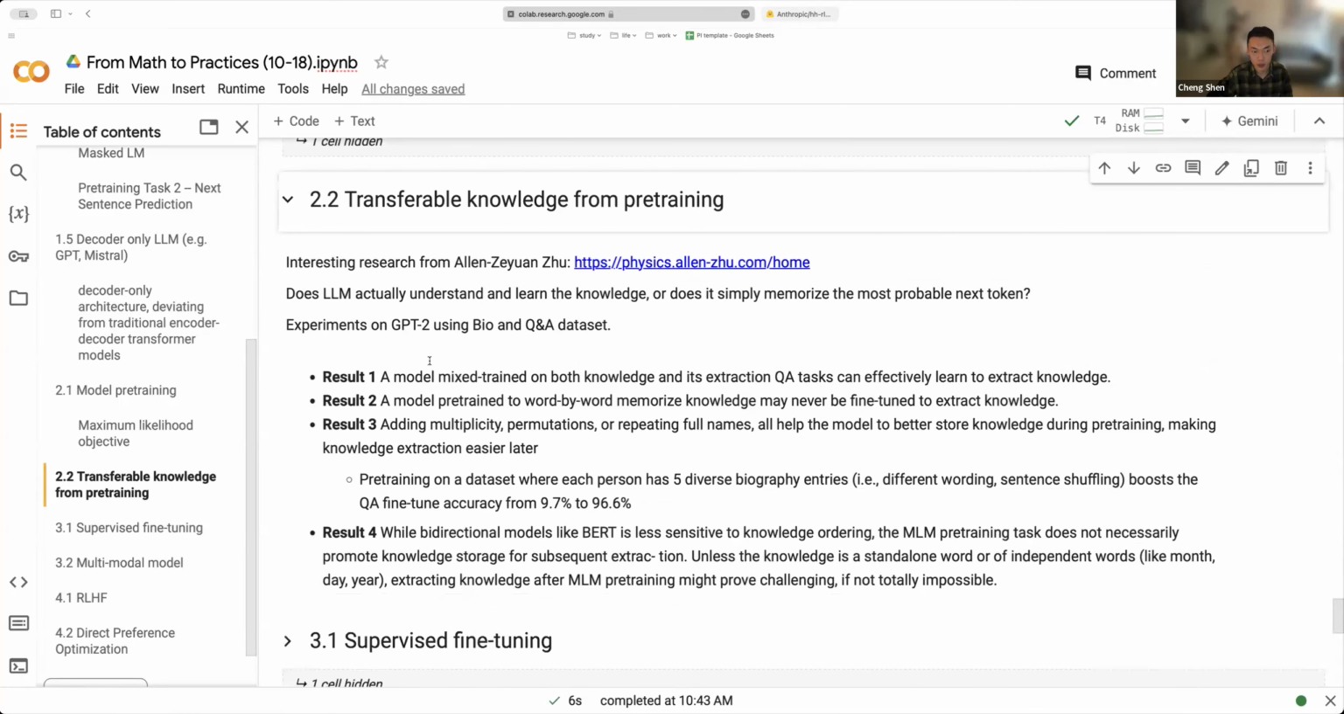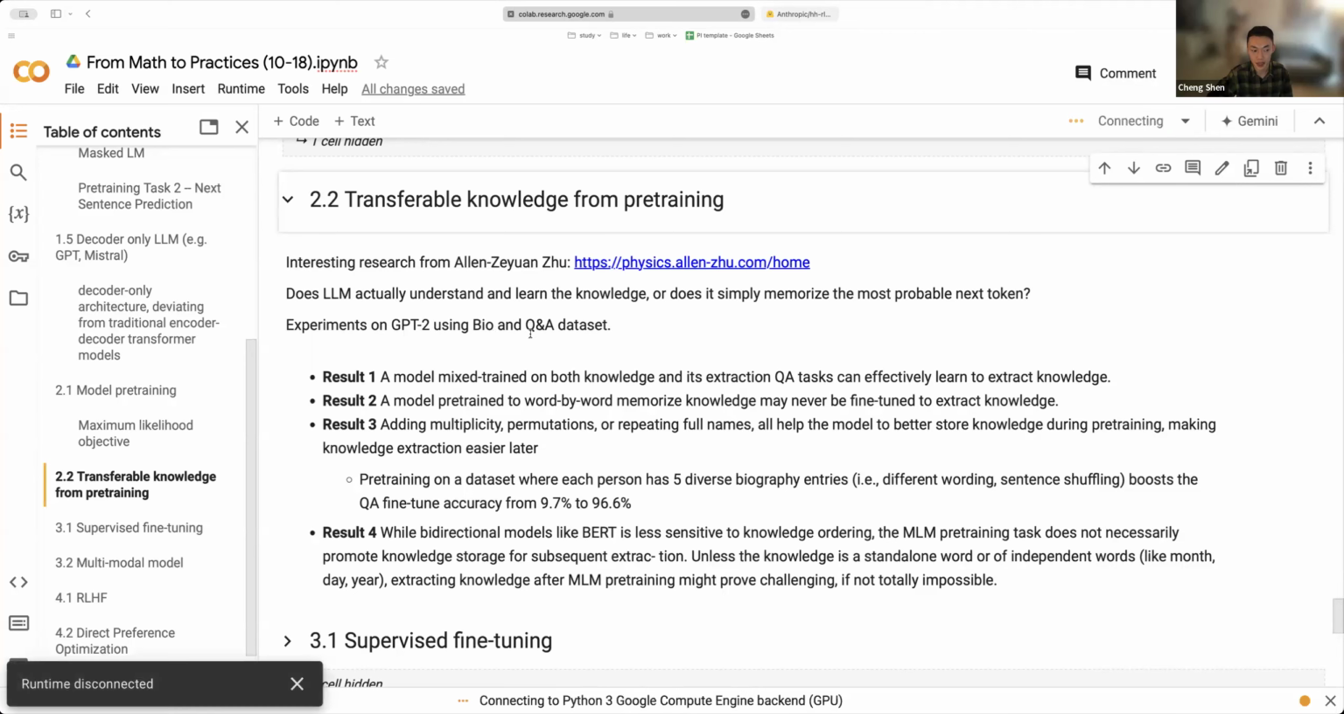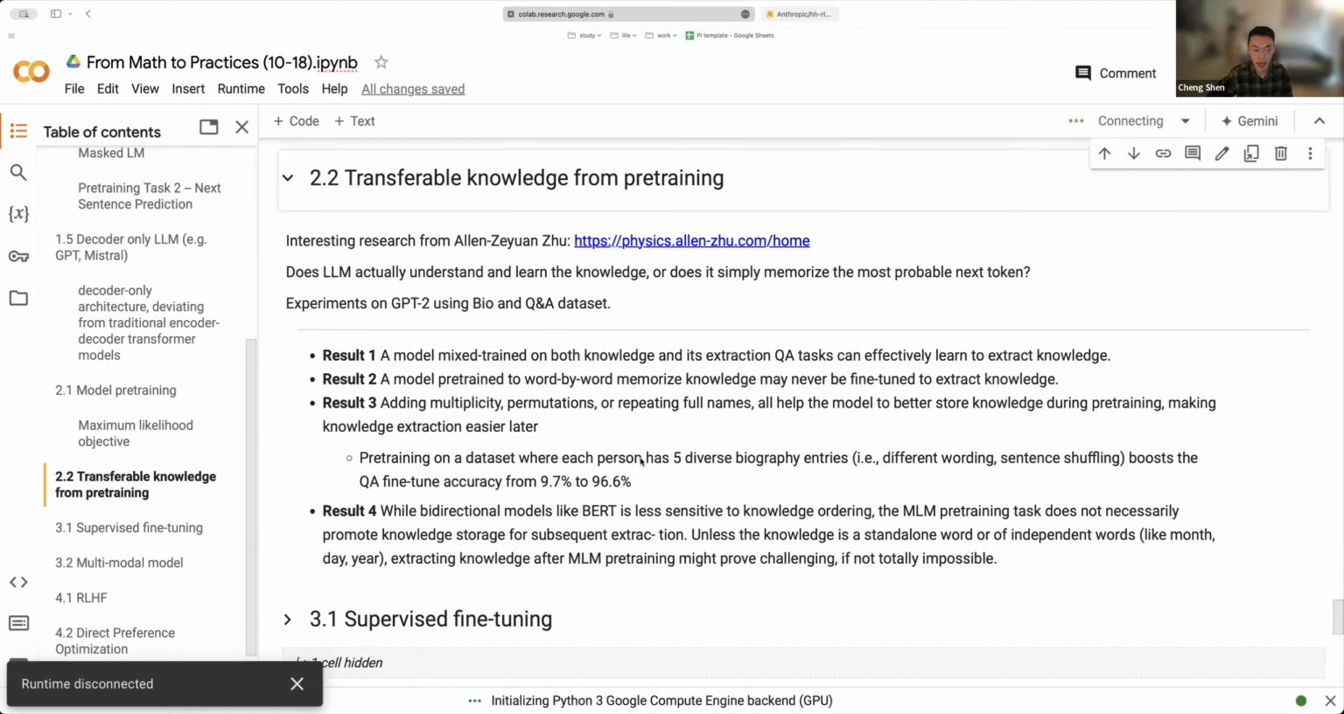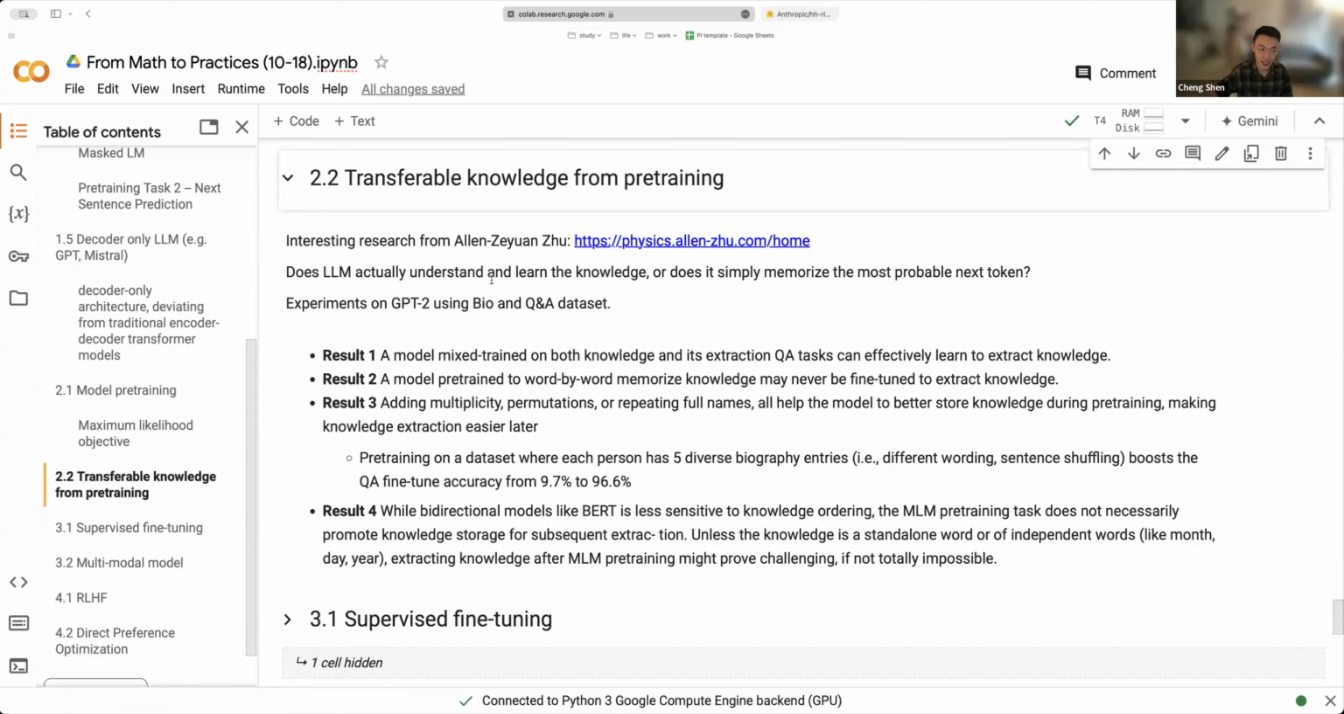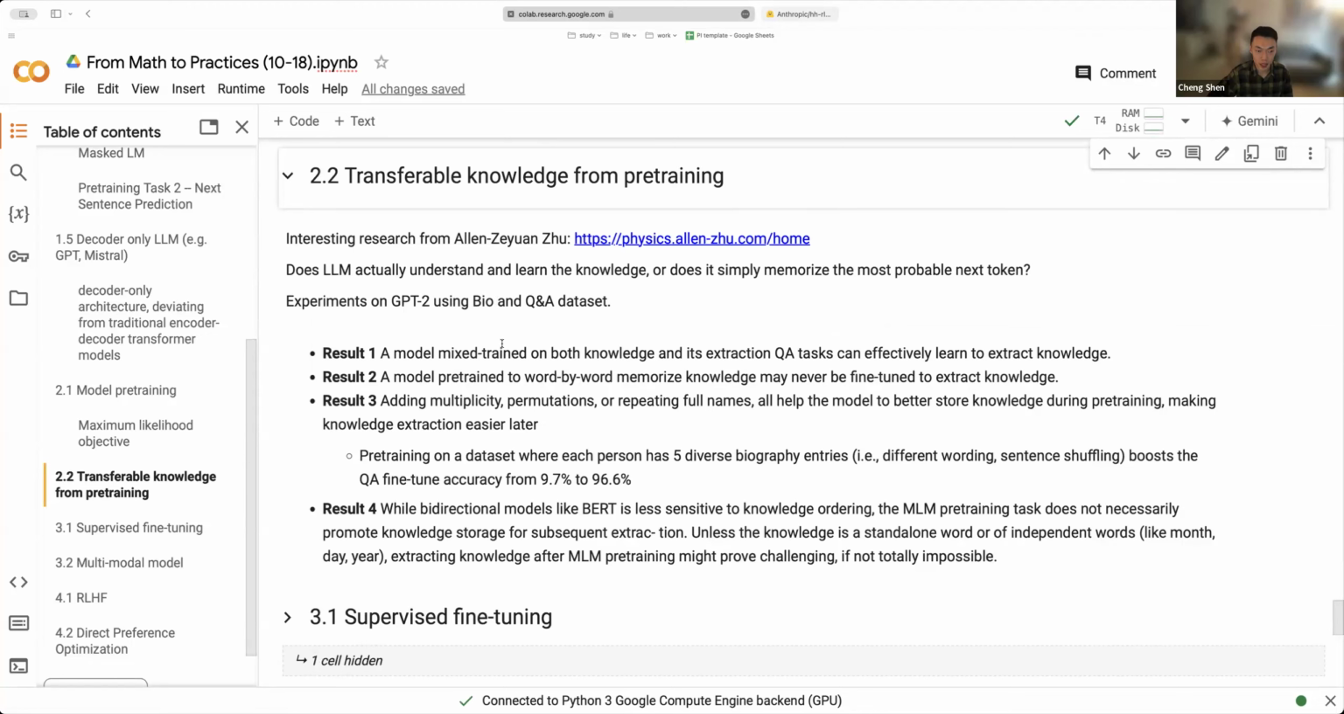And he did some experiments using GPT-2, which is a smaller decoder-only model, using a bio and Q&A dataset. So it is a dataset containing the biographies of a lot of different celebrities, politicians, different people, and a Q&A dataset to do the testing. So kind of anecdotally, some of the results are pretty fun, but you're welcome to read the papers. For example,